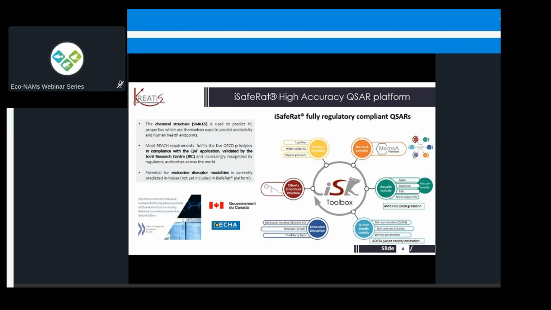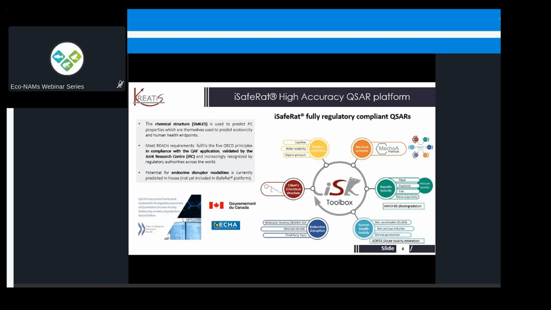The next step, which is really important, is the creation of a specific MECOA subclass related to that chemical. And I'll talk more about the MECOA scheme in a minute. Then from that MECOA and the descriptor, we determine aquatic toxicity. That can be for algae, Daphnia, for fish. We also do it for microorganisms.